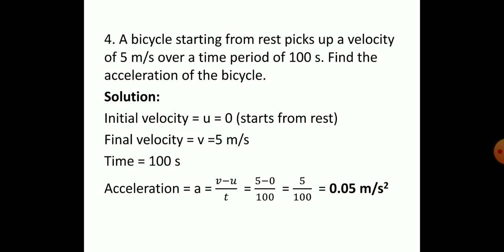This is the decimal division. You understand now how we have put this decimal point. Dividing that by 100, I should put the decimal point from the right hand side and move towards the left. How many digits? 2 digits. So I put 0.05 meter per second squared.